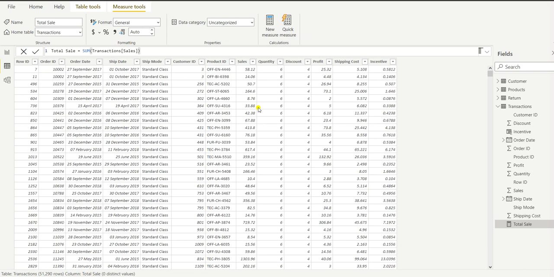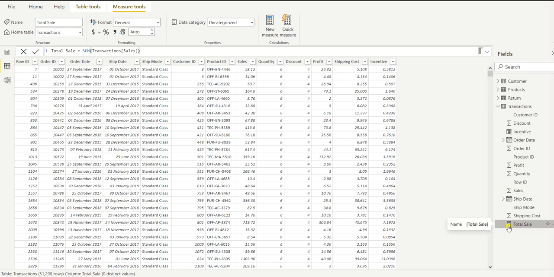Now if you see, the column is not generated. Always remember, whenever we create a measure, it will never show in the table, but it will always show in the fields column. If you see on the right hand side, the last item is shown as a measure, which is total sale.